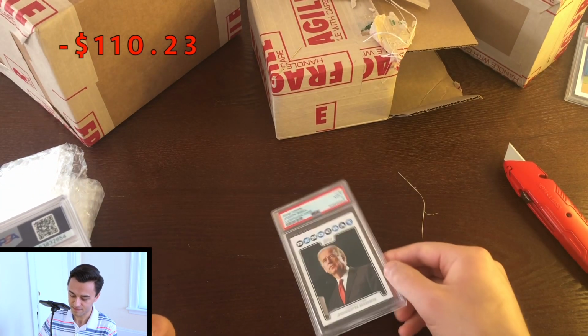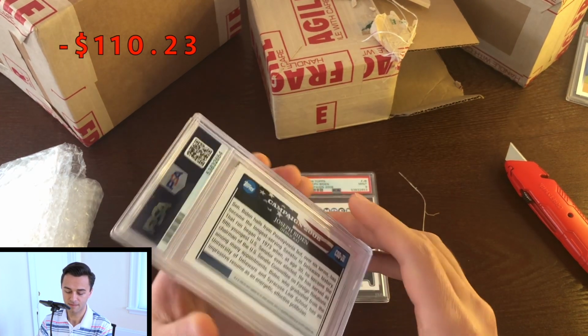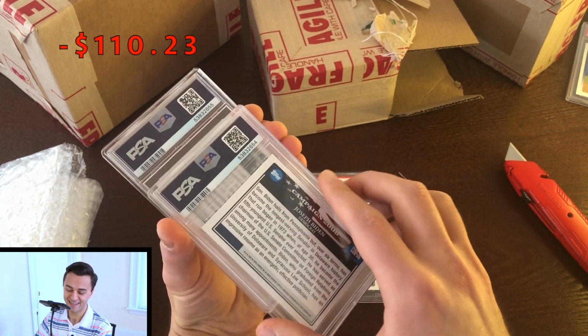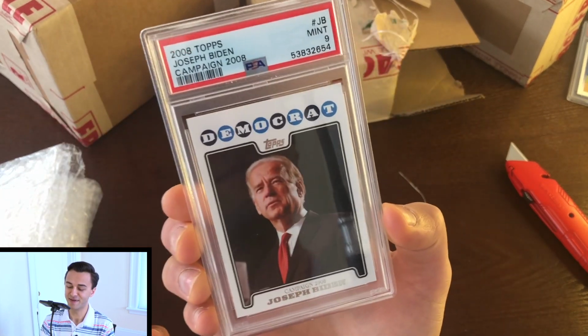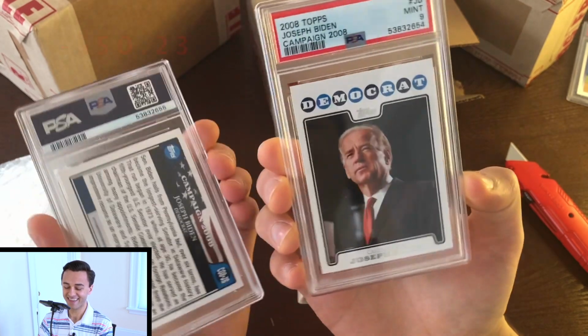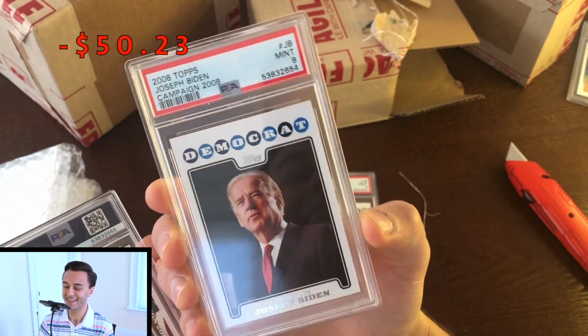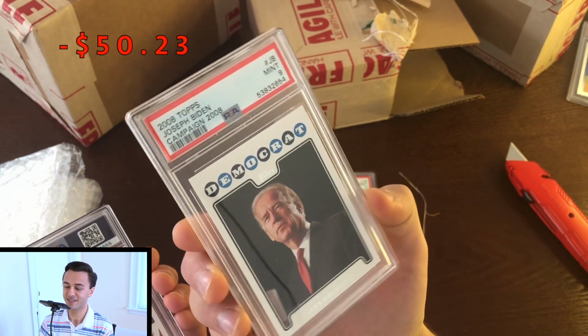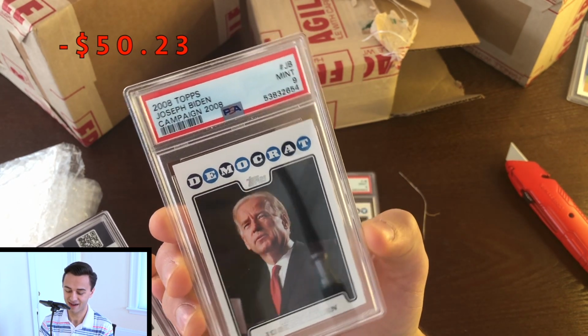Mint 9. Okay, next up, let's see. Can we get a 10 from Joe Biden? Can we get a 10? Oh, mint 9. Come on, people. We only got one left. Hopefully we'll get a 10 from Joe Biden. Come on. These all looked really good for what it's worth, guys. I wouldn't have submitted these things if they looked junky, but